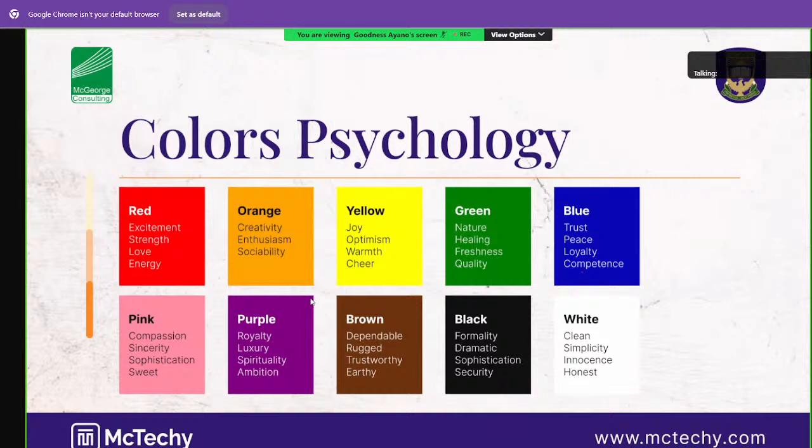Okay, color psychology now. I was saying that you are not just picking colors because you want to be there. Colors have reasons. There are reasons you are picking a color. Example, red. You agree with me that you have seen red maybe most times. Let me talk about the popular one, Coca-Cola, because red is a color that brings excitement, talks about strength, love,